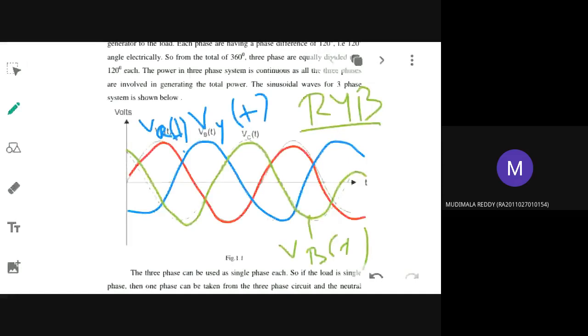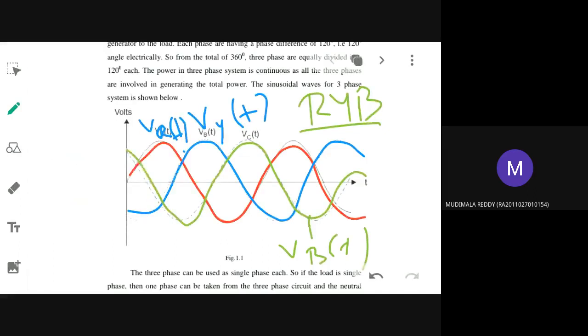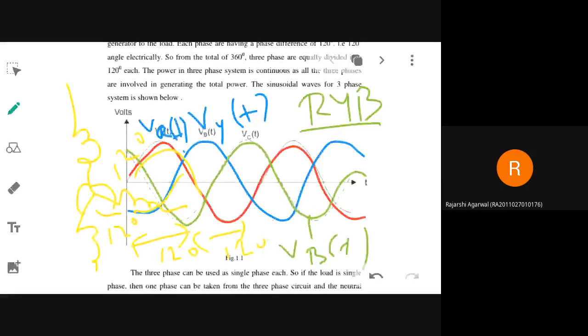Three inductive coils they will have. Each and every coil will be displaced from each other by 120 degree. So that is why the sinusoidal curves also are differentiated by that angle. Suppose you check out this blue color graph and this red color, they are having displacement of 120 degree. That is, these coils will be displaced from each other by 120 degree angle, because of which that difference is coming into existence. Understood?